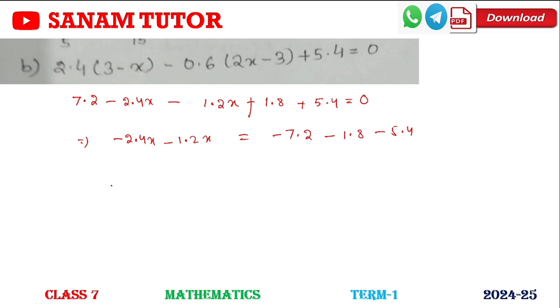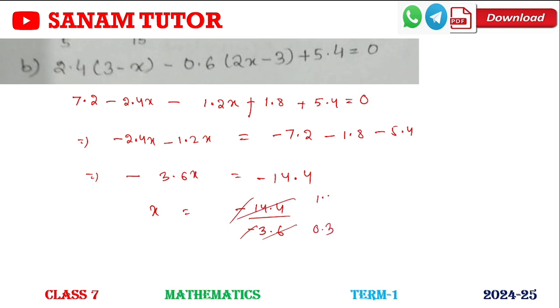Okay, now we solve. Here is same sign, numbers will be added, that is 3.6x equal to, same sign means addition, 4 2 6 8 14, carry 1, 2 5 7 7 14, so 14.4, that is minus. So now x equal to minus 14.4 divided by minus 3.6. So minus minus cancel.